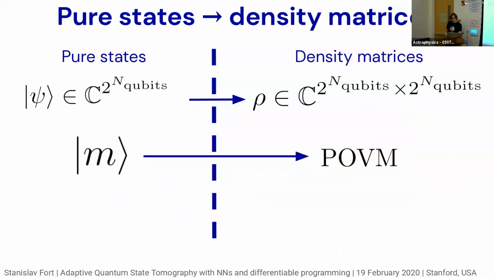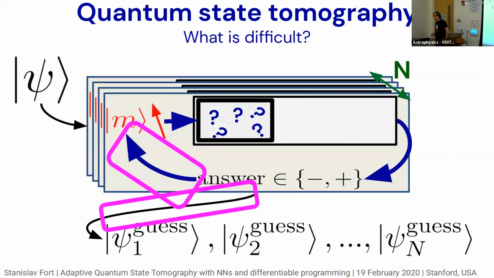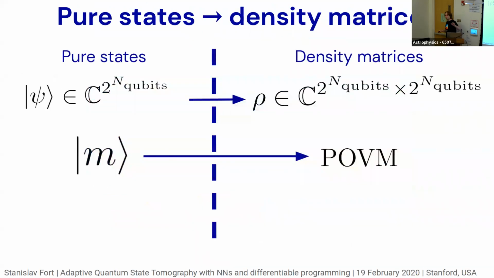Okay. So in this framework, I look at the vector psi, which is a pure state. It's just a vector of 2 to the n complex numbers. But in reality, what people deal with are density matrices. And we can map the situation we have right here like so. On the pure state side, this is what we did right now. You have states that are vectors, and then you would map them to matrices of that dimension times that dimension of complex numbers. And the measurements would be, from the pure states, the associated operators, they would be POVMs.